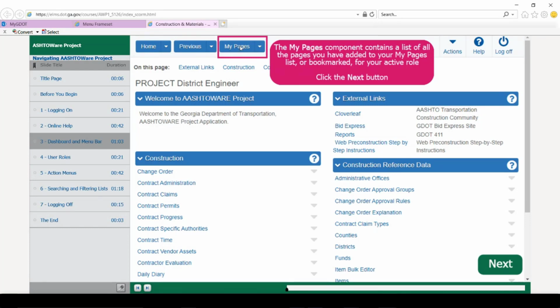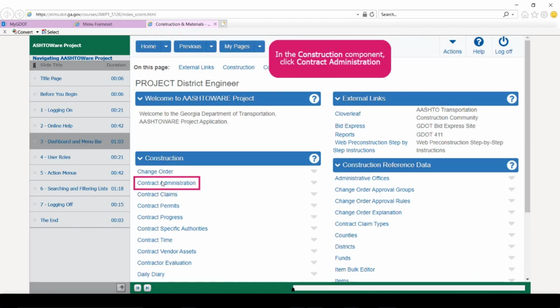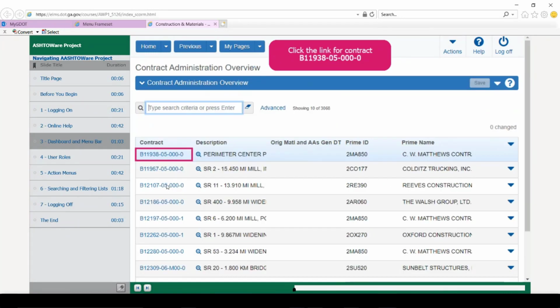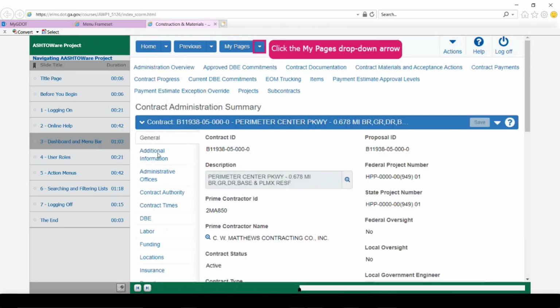And then the third component here is My Pages. We can, for instance, select contract administration, which is one of the items underneath construction. Click on that. I can click on a specific contract, and then I decide, okay, I want to be able to access this particular contract as a favorite. I want to be able to go back to it routinely.